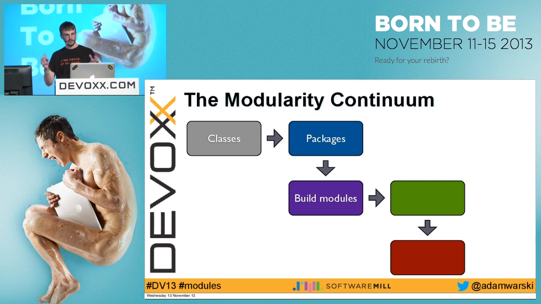So we can bundle these packages into jars. A build module usually results in a jar, right? We can group some packages, put them into a jar, and again, such a build module should at least have some specific responsibility. For example, we can have a build module or a jar for operating on accounts. This will contain the transfer packages, the add and remove money packages, and so on. We can have another jar or build module for authentication or for creating accounts.